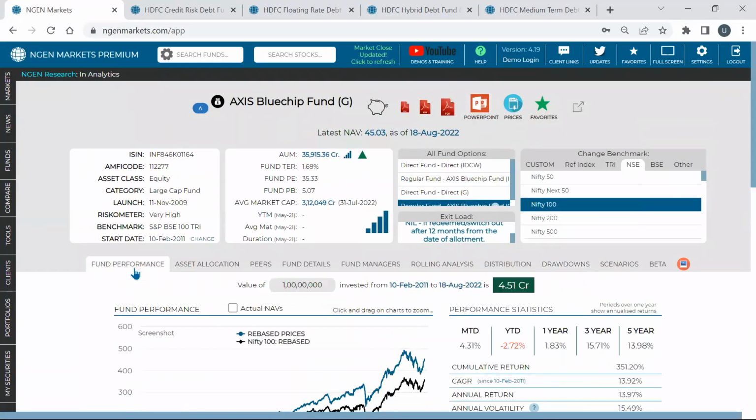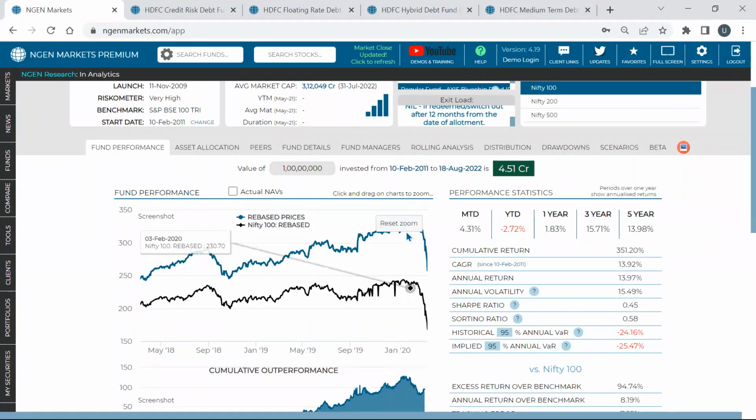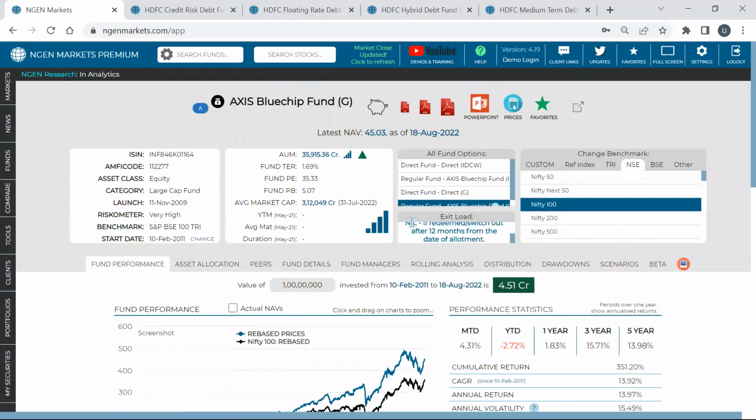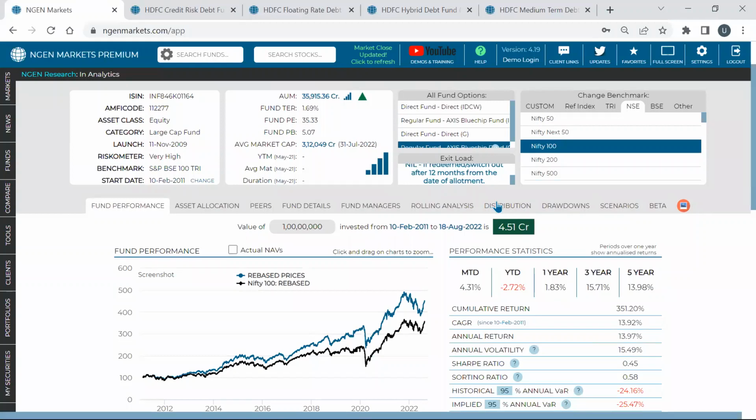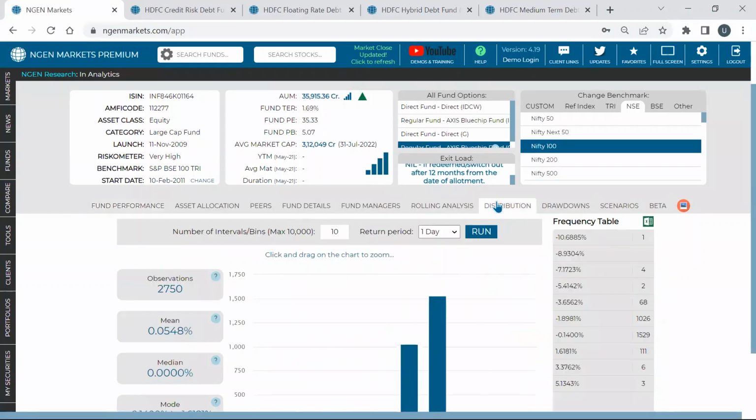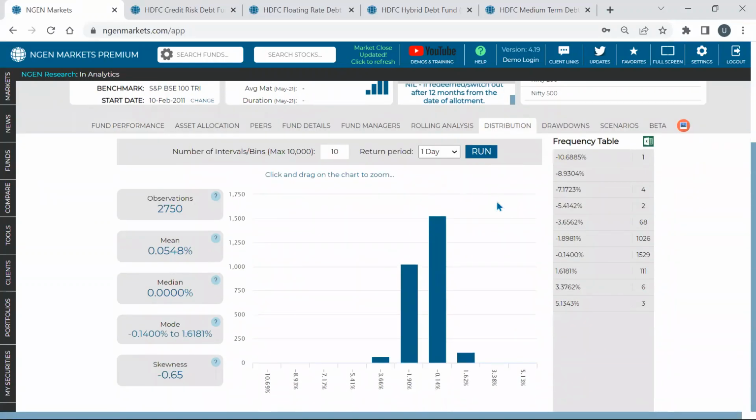So you should be aware that whatever system you have zoomed in will actually be displayed in the PDF. And that's how this works out. And then we have distribution analysis as well, where you can look at the